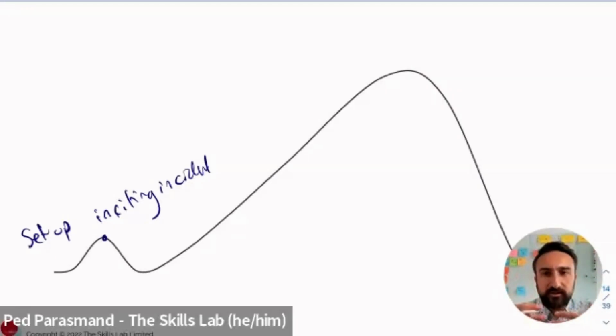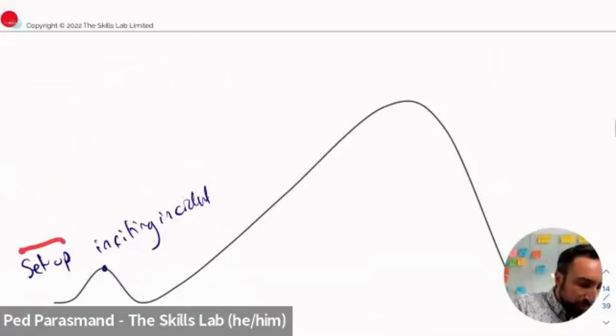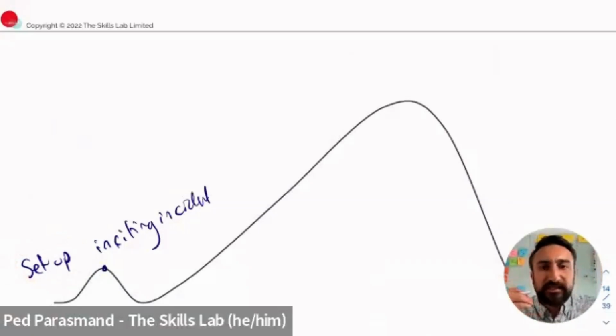The audience starts to see what the story is really about. So in a workshop, the purpose of the inciting incident is to dip people in the context of the training or the workshop.